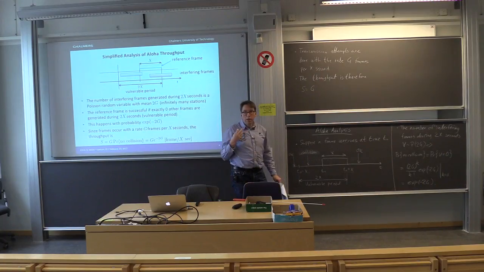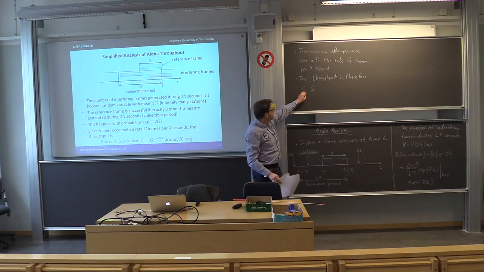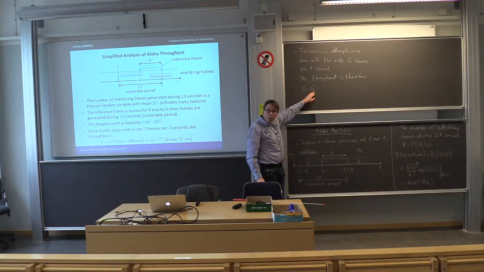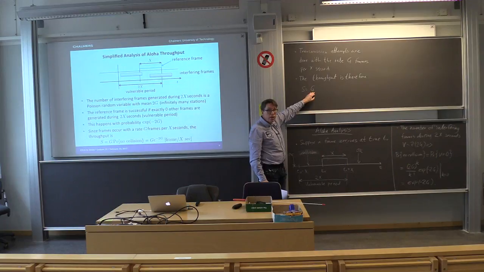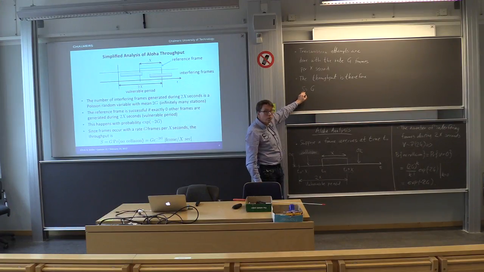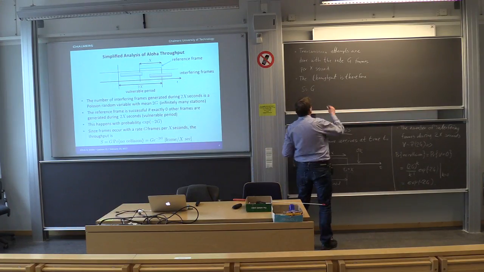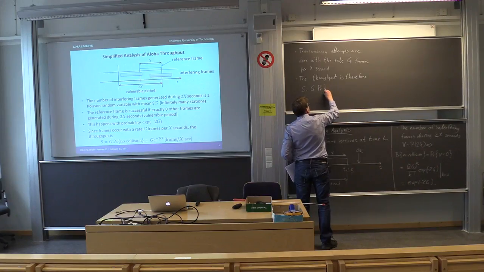First of all, the success rate will depend on the attempt rate. So G is the number of frames that we attempt to transmit per x seconds. S is the number of frames that we are actually getting through. Okay, so these are less than G, right? Because some of these will be colliding. Okay, so the success we get is G times the probability of no collision